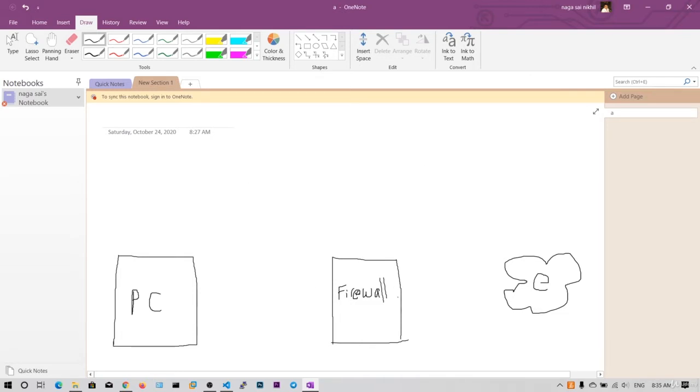This is a software firewall, and it is installed in your operating system by default. Even Windows 7 and Windows 10 come with a default firewall. The purpose of the firewall is that it will allow or block connections based on rules. The connections going from the PC to the outside internet are called outgoing connections. You can see these are outgoing connections.